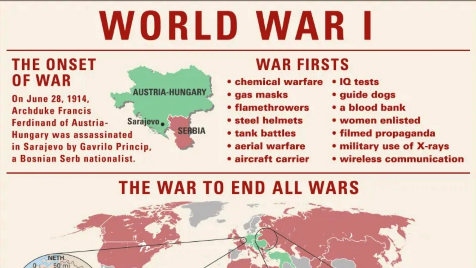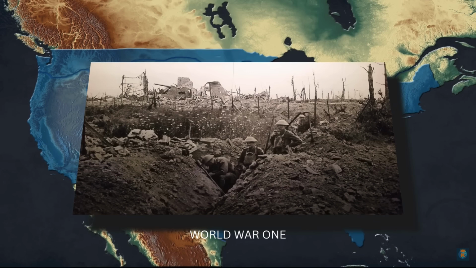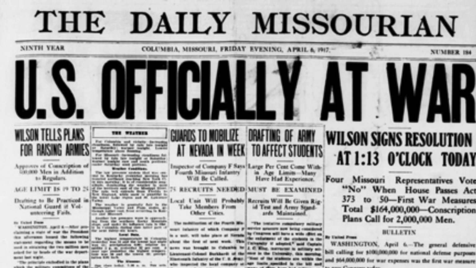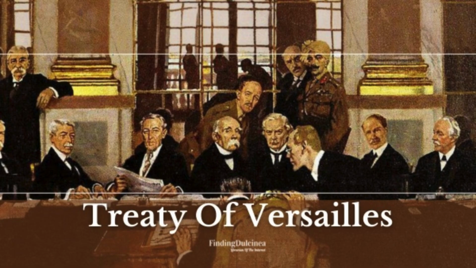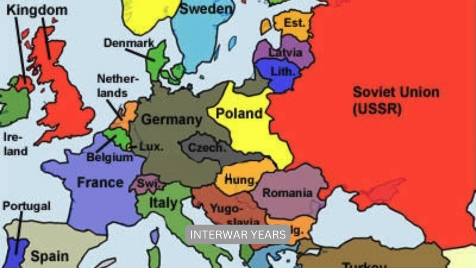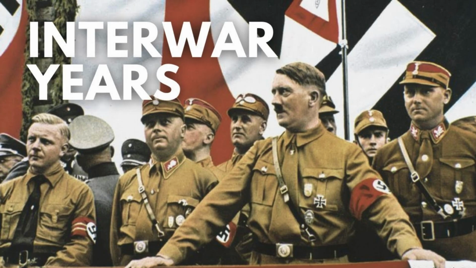The United States played a decisive role in both World War I and World War II, emerging as a global superpower in the aftermath of these conflicts. World War I, fought from 1914 to 1918, saw the United States join the Allies in 1917 and contribute to the eventual victory. The Treaty of Versailles, signed in 1919, established the League of Nations but failed to prevent future conflicts. The interwar period was marked by economic prosperity, cultural innovation, and social change.